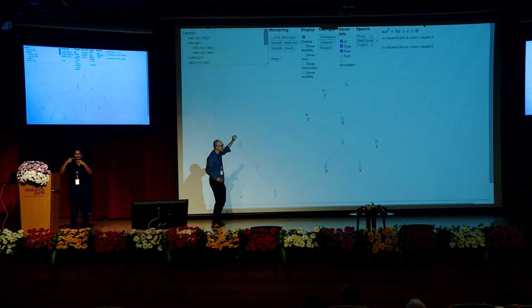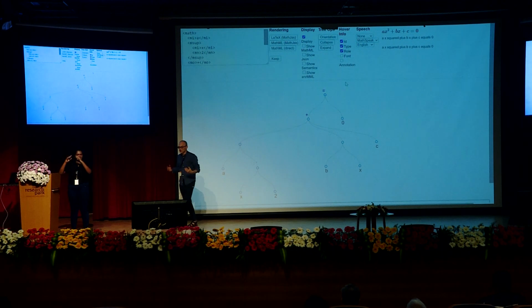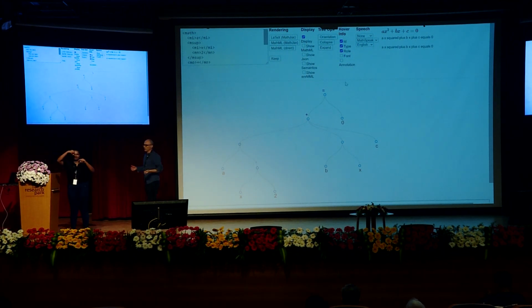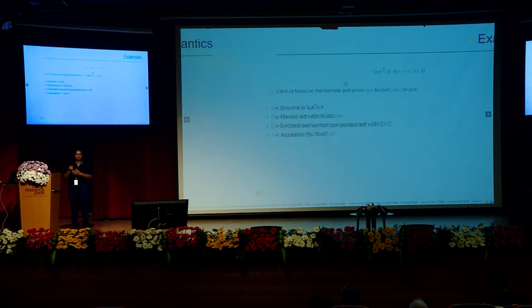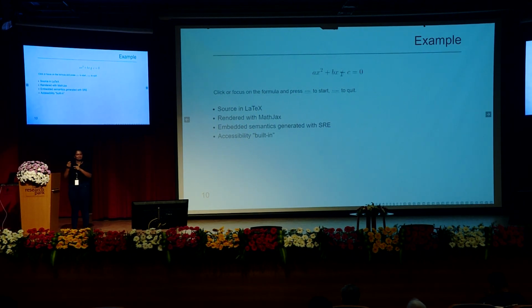equational notation where at the root of the tree you have the equation, then you have the right-hand side, which is 0. On the left-hand side you have the sum, and the sum has 3 children, which are the 3 summands, the ax squared plus bx plus c. Right? And once you have that interpretation, you can then use that interpretation.